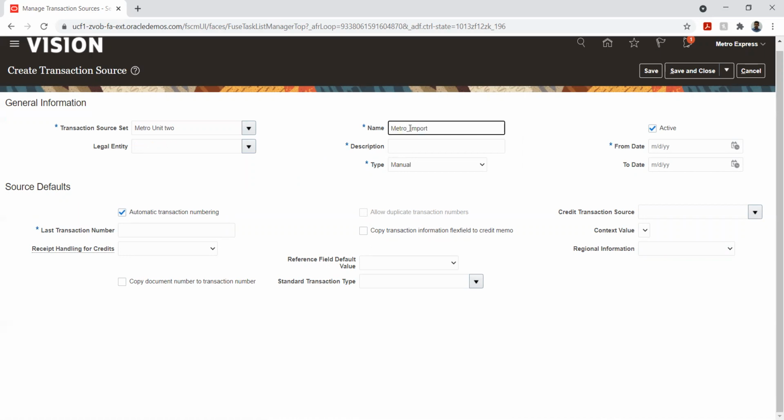So when you have a credit transaction source also defined earlier, you said you can attach it. Which means that for that specific invoice, you can also have the credit transaction source. Yes.